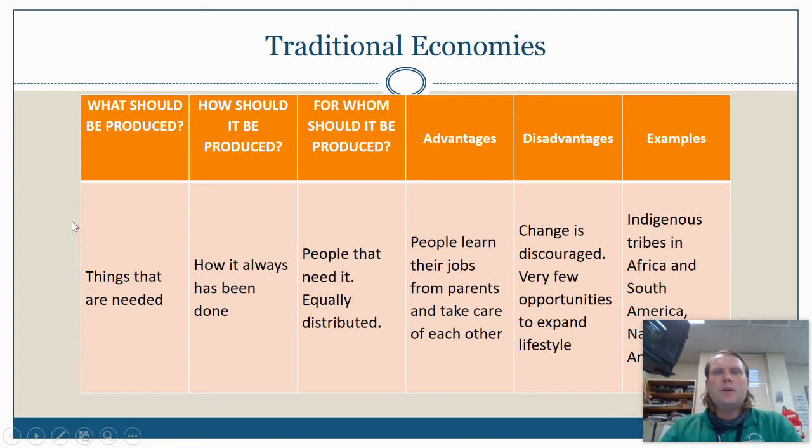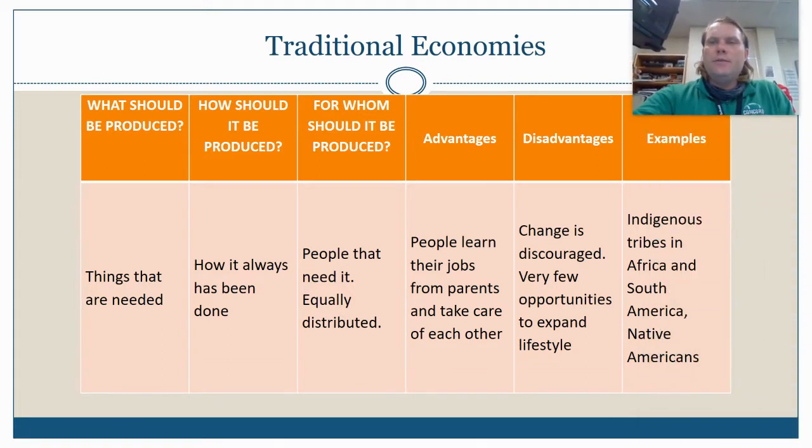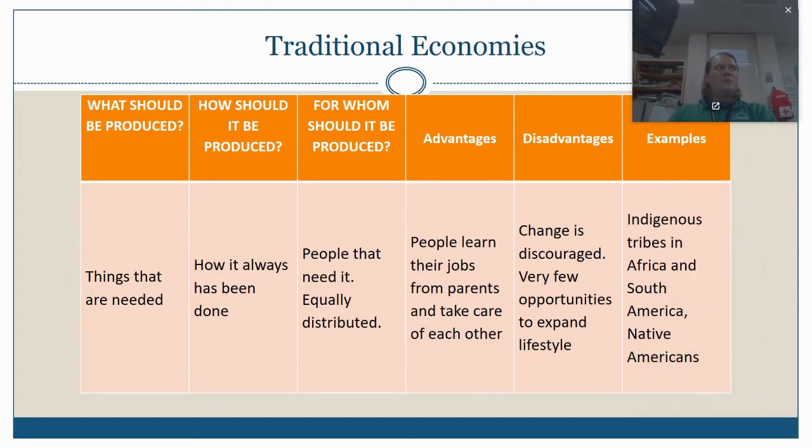Okay. So, throughout history, we're going to go through a few different types of economies here, and the economies have evolved just like anything else. So, the first, let's call them the first humans, we're going to compare them to Native Americans, which is probably something we're a little bit more familiar with. Their day to day operation was to stay alive. And so, when they were deciding to answer these three questions, what should be produced? We need to produce the things that we need, right?